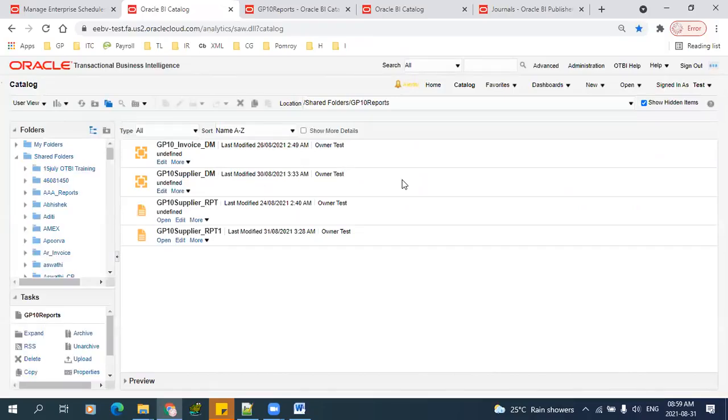Okay, that's it for today. Tomorrow we'll see how to get the KFF and DFF values, how to get the descriptive flexfield and key flexfield values within the data model itself. Okay, then after that we'll see the subtemplates and images. So any doubts, any